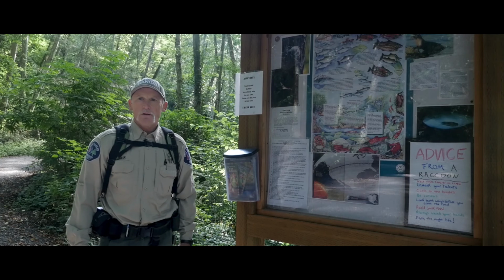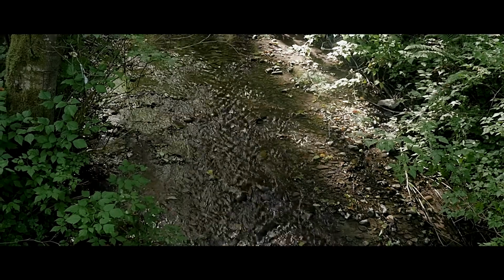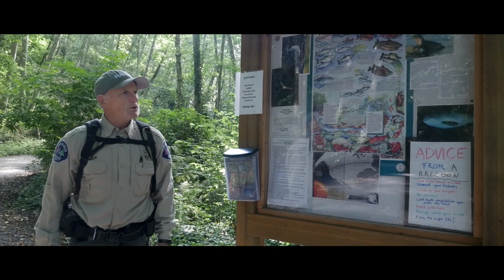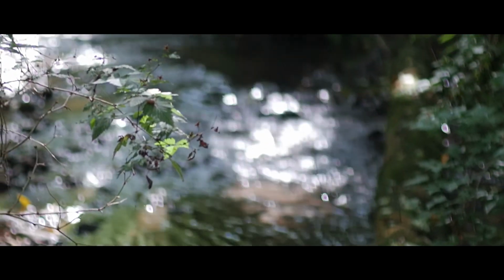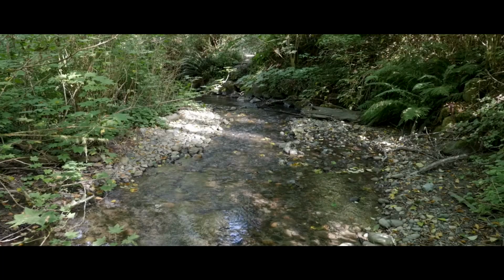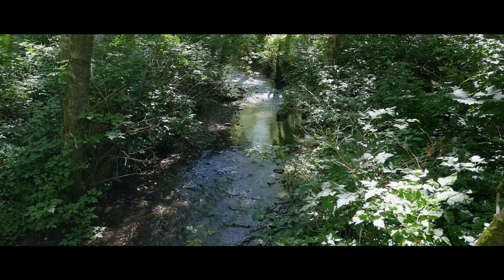I'm Ranger Doug, and I've been a park ranger here for about 25 years. And we do have salmon here, so in our kiosk here we have a nice display of salmon. It's mostly coho and chum, the two species of salmon that are going to be coming in here. Another interesting thing about this gulch and this park is that this creek is spring fed. So even though it hasn't rained for quite a while, this creek is mostly being fed by springs that are